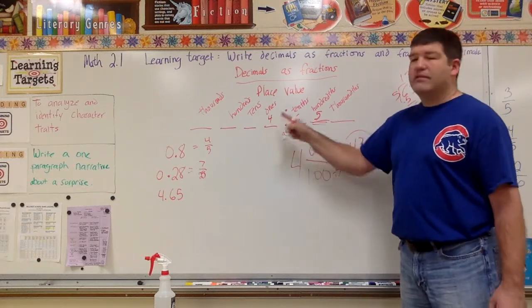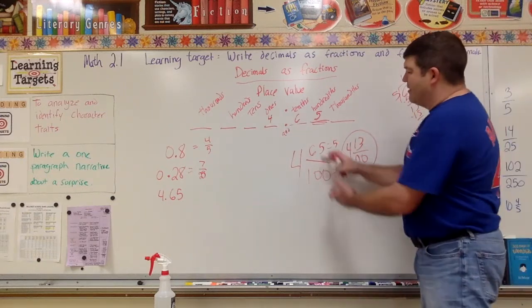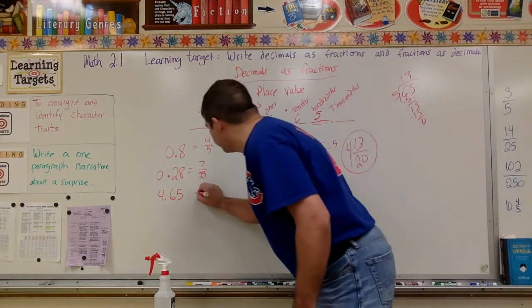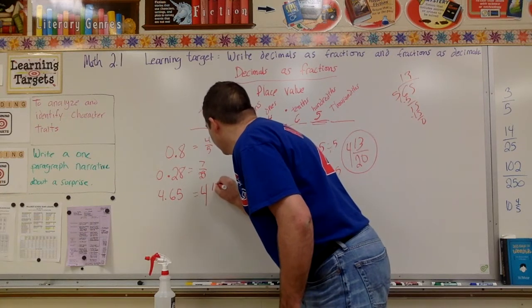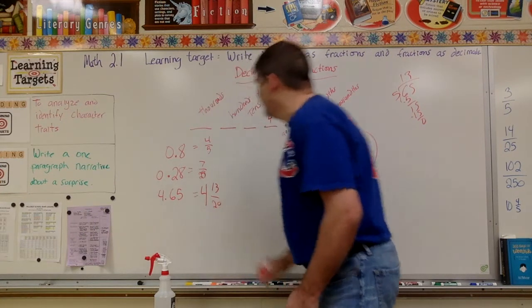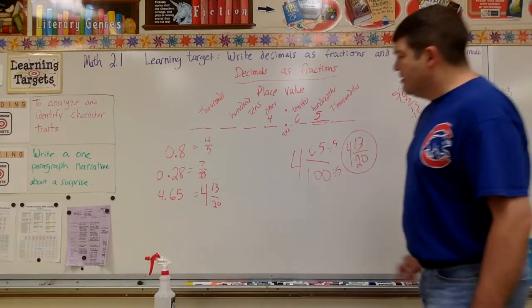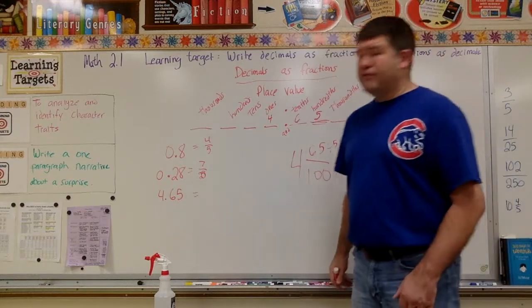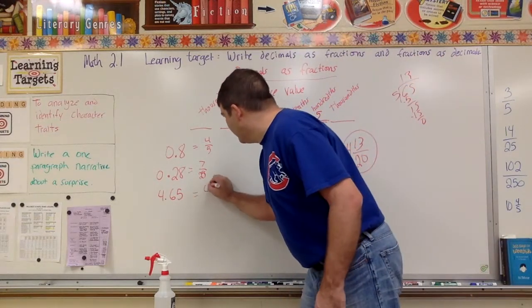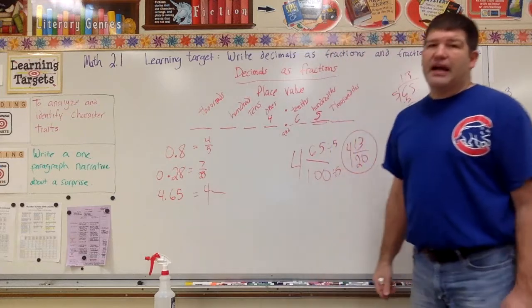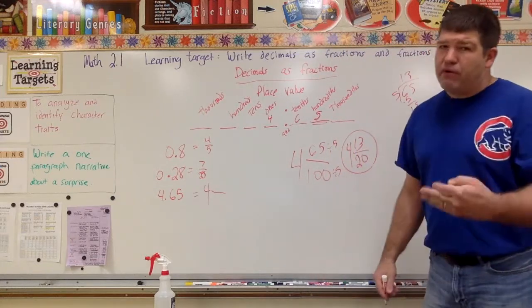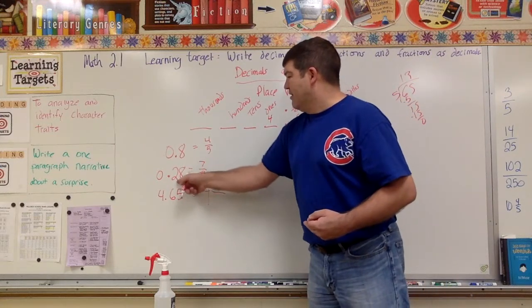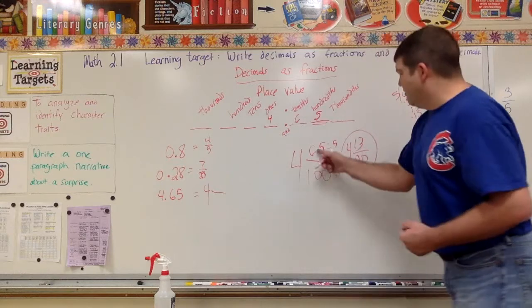It's always going to have 4. There's always these 4s. I'm just simplifying this, and I can simplify it down to 13/20. So basically what you can do is when you have 4.65, and you say, I've got to put it into a fraction form, I see I have 4 wholes. There you go. I can start like that. I know for sure I'm going to have 4 wholes, and then I just have to do this 0.65 like what I did up here. And when I do that, it gets me to